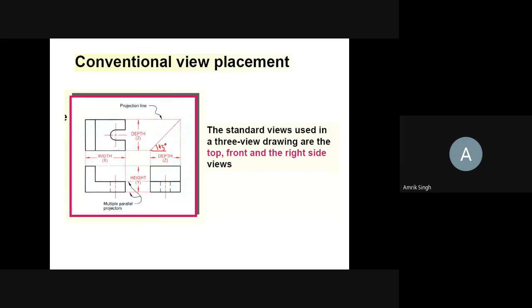Now draw a line parallel to this, draw a line from this. Where it cuts here, draw another perpendicular line. This will give you the shape of the object. Now this line, he has not shown this. So what you can do is draw the horizontal line from this, it will cut here. Similarly, draw the line from this edge, it will cut here. Then you draw the vertical line.